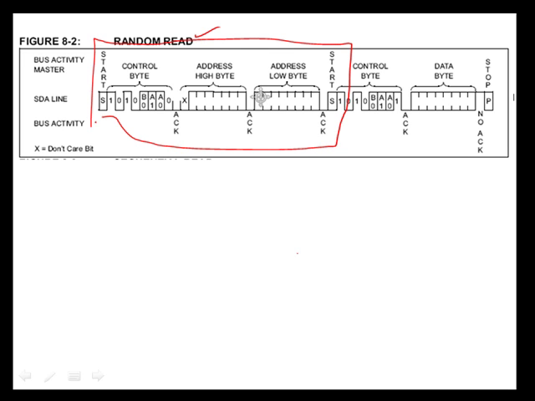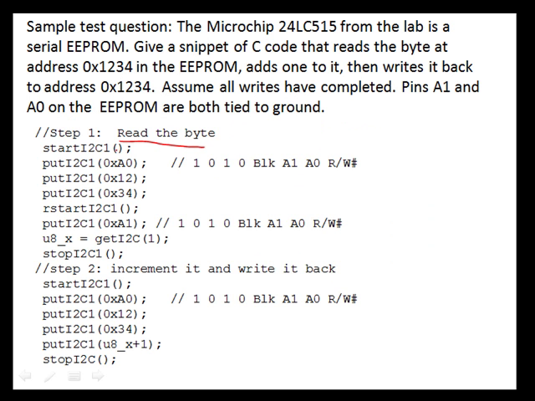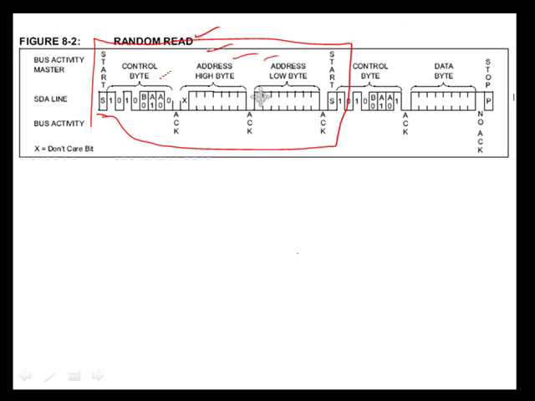The first I2C transaction is a write transaction in which we're going to write the address to the EEPROM. So let's first do that. It's going to start out with a start condition, so let's do a start condition. So we'll do a start I2C1. At that point, then comes the very first byte, which is going to be the address byte of the I2C